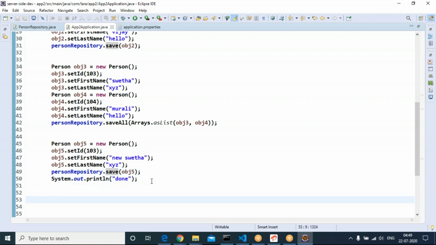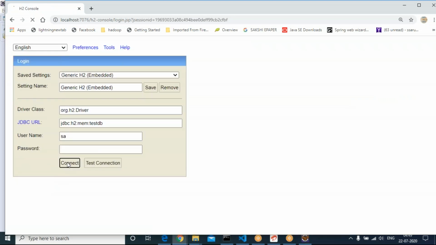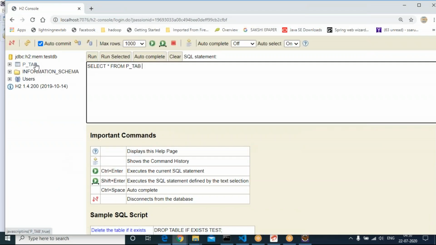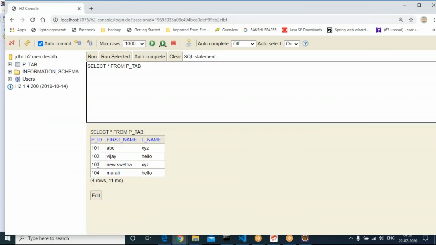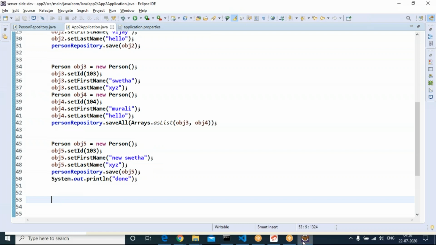Please observe how we can read one record, how we can read multiple records. Now totally 4 records are available. You can check it out in the database. 4 records we inserted. The last record got updated. That is the third record, not the last record. Altogether, 4 records are there. One clarification: if you run one more time, the existing 4 records will be replaced.